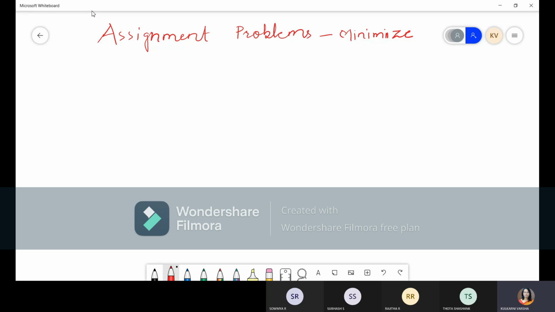So most of the time these assignment problems will be for minimization, but sometimes there can be a problem which will be for maximization. So today we are going to take one special category of assignment problem which is for maximization. And one more kind of problem we will take, which is called the restricted assignment problem, where a particular resource is restricted, it's not supposed to be allotted to someone. So we'll see those two kinds of problems in the assignment problem.